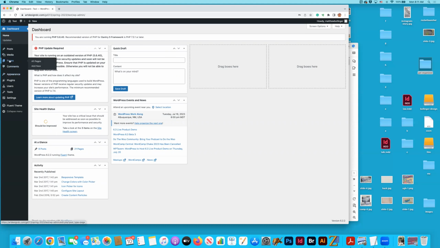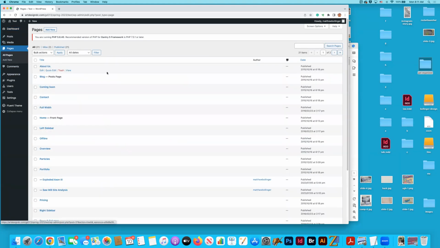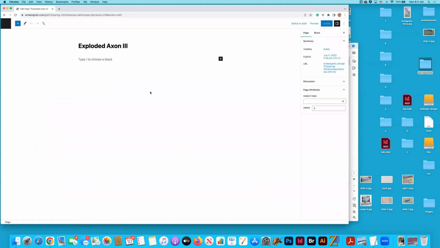So let's go to pages. That's where we left off last time for the most part. And if you come over here and click date, I know usually when you come to pages, you're going to see all these default pages that may or may not be as useful for you. But you can come over here and click date, and then you can see that I've only created 2 pages so far. But if we click on that page, remember there's no content here. In a normal WordPress install, you might start dropping images or text within this area, but we're using a theme